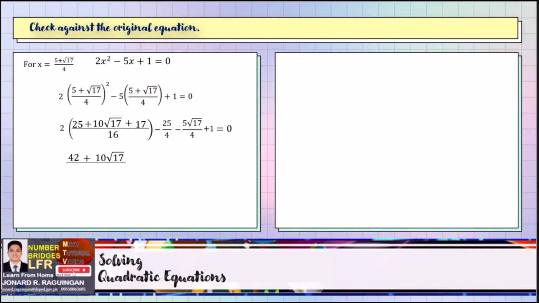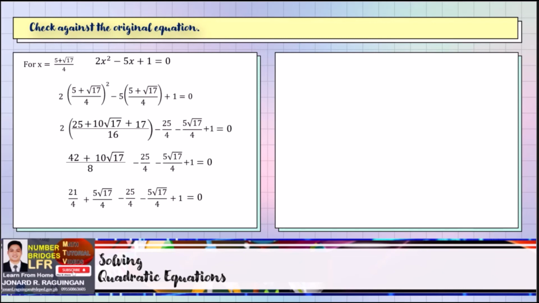2 and 16 are divisible by 2. That is equal to 8. Minus 25 all over 4 minus 5 square root of 17 all over 4 plus 1 is equal to 0. Simplify. 42 all over 8, that is equal to 21 all over 4, plus 10 all over 8, reduce that to lowest terms, that is 5 all over 4 times the square root of 17, minus 25 all over 4,